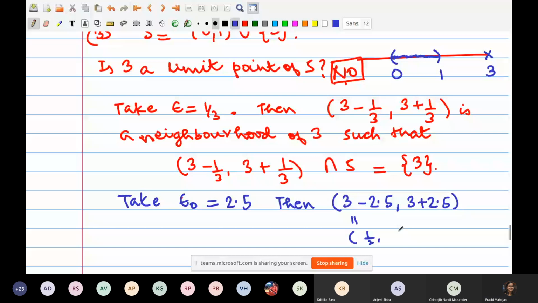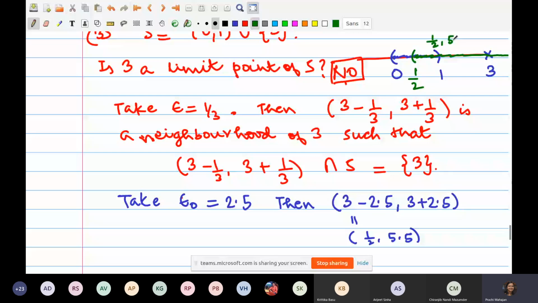Yes. So let's draw. In this picture, let me try to draw this in green. So the interval from half to 5.5 will look like this. Half is somewhere here, and 5.5 is somewhere here. I don't care about exact positions. So it is something like this. What I've drawn in green is the interval half to 5.5.